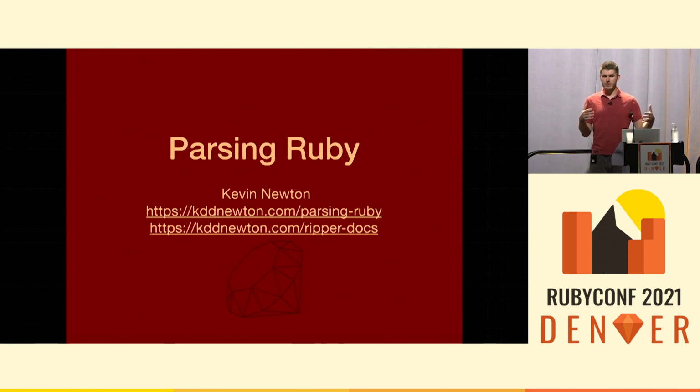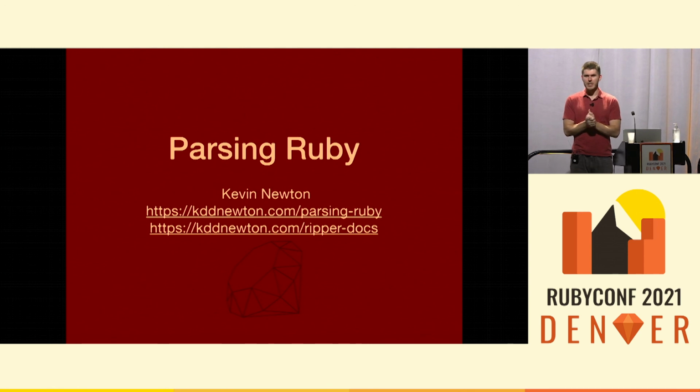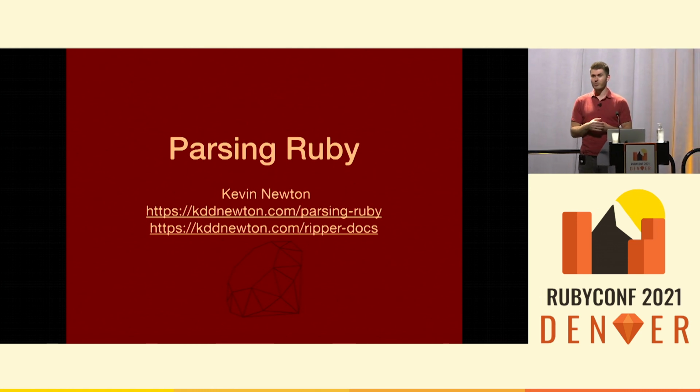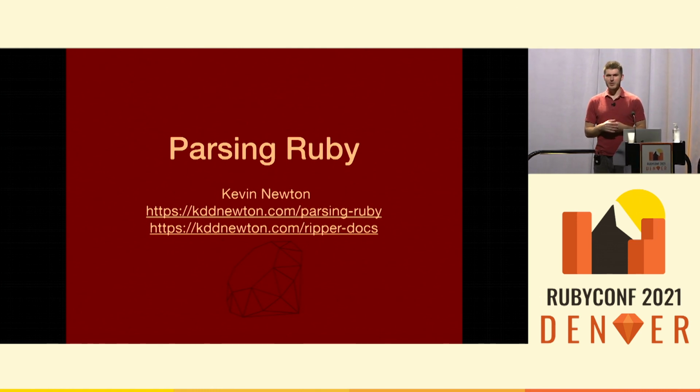But this is not something that we can solve as a community without the help of core. This is not something that we can really fix without having a standard library parser, because as you saw with the massive list of tools that I went through, all of those went away when the money dried up. You can only keep up with core for so long. It's exhausting, and you have to have the parser ship with Ruby. That's really the only option. So RubyVM::AbstractSyntaxTree or Ripper, those are the options. I'm pushing for Ripper, but I'd be happy if we just had one that was standard that RuboCop used, so that we could all get used to that and use it.